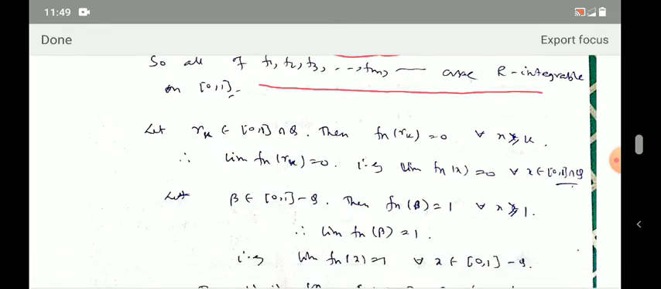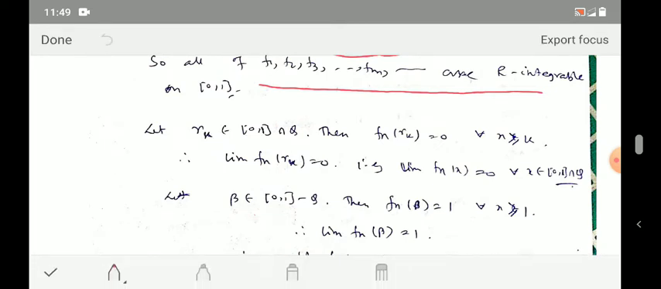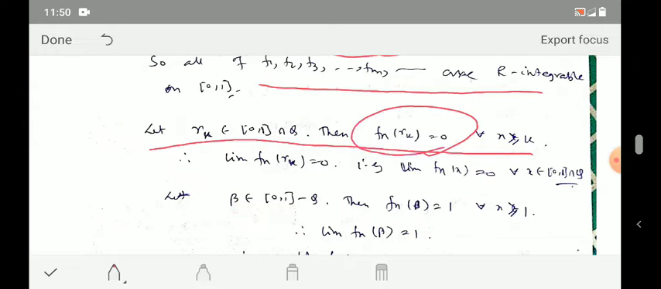Actually the limit will come different for different values in 0 to 1. Different values means if a point is rational in 0 to 1, then I will get some limit, and for irrational points I will get another limit. So I take rk to be a rational point between 0 and 1. Therefore we see that fn(rk) equals 0 when n is greater than or equal to k, because we have already defined